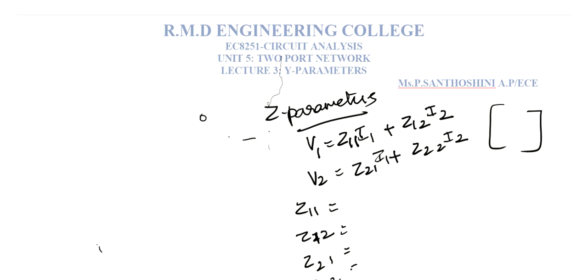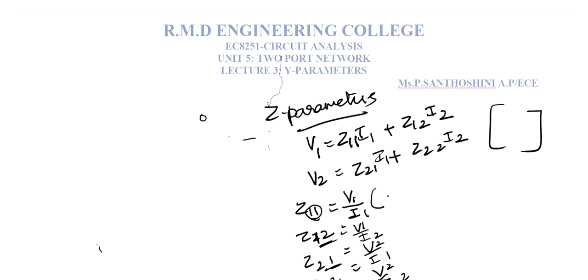So it is a normal impedance. Impedance is nothing but, as per Ohm's law, V by I. So everything is V by I, and this number is 1 1, so V1 by I1. 1 2 means 1, 2 1 means 2 1, 2 2 means 2 2, and the name